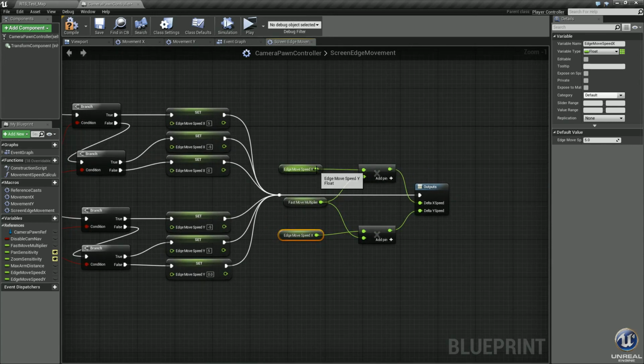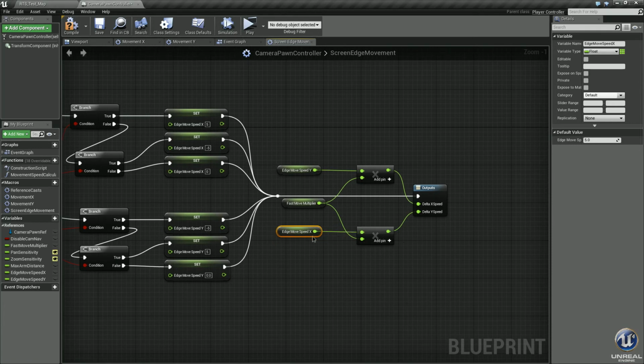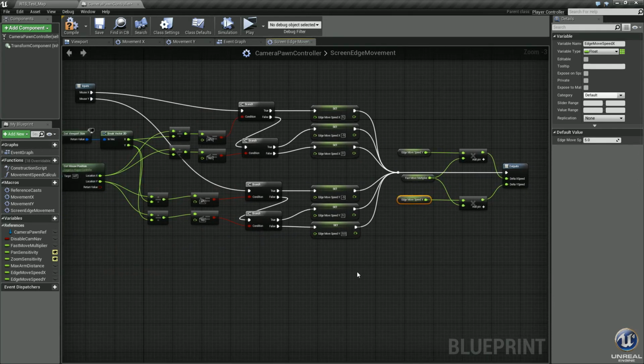But these need to, the Y actually needs to be put into the delta X, and the move speed X needs to be put into the delta Y speed. Okay. Yep, that all looks correct. Trust me, it works. I wish I could explain why, but right now I'm just kind of brain farting. I don't know why. And we're at almost 22 minutes, so I want to get this going here. And that's all we need for this.